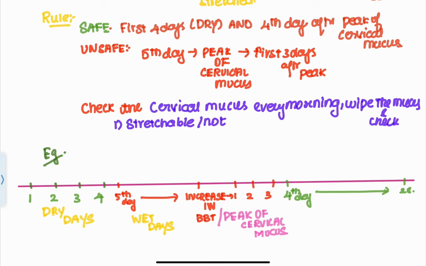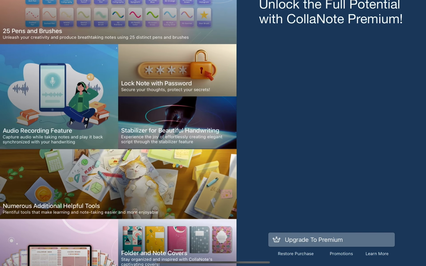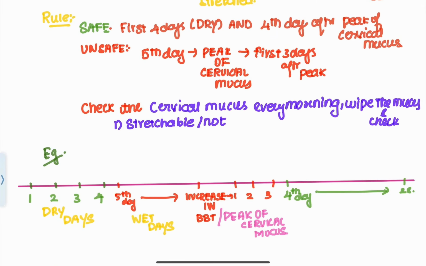And from the 5th day of the menstrual cycle till the day of peak of the cervical mucus and till 3 days after the peak of the cervical mucus, this is the unsafe period or the fertile period. So any act of coitus between day 5 till the peak of the cervical mucus until 3 days after the peak of the cervical mucus is going to result in conception. Right? So you need to ask the patient to avoid having any coitus if the cervical mucus is